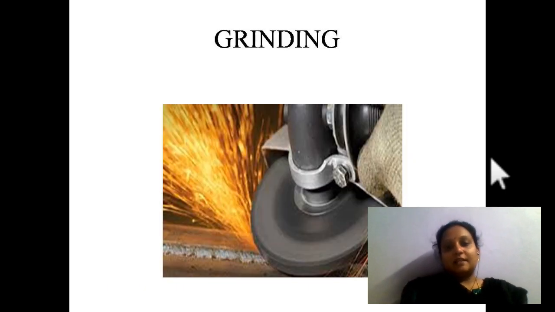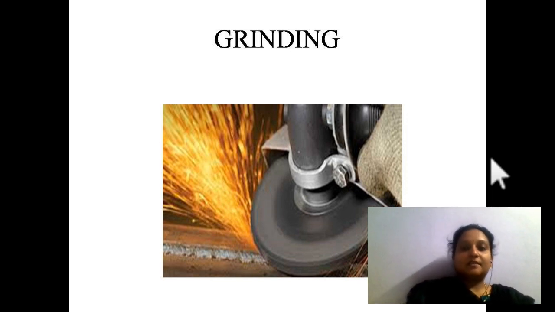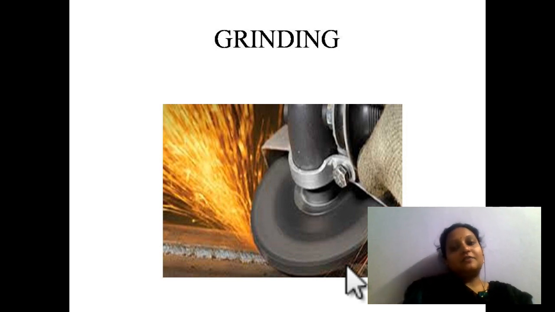Next one is a grinding operation. Grinding is an abrasive metal cutting operation where you have abrasives. Abrasives are very small and hard particles which have a sharp edge, and every edge will act as a cutting tool. If you look at the figure, here is a grinding wheel, and on the grinding wheel you will have the abrasives. We use different types of abrasives, and the selection of grinding wheel will be based upon the type of material which we are using.